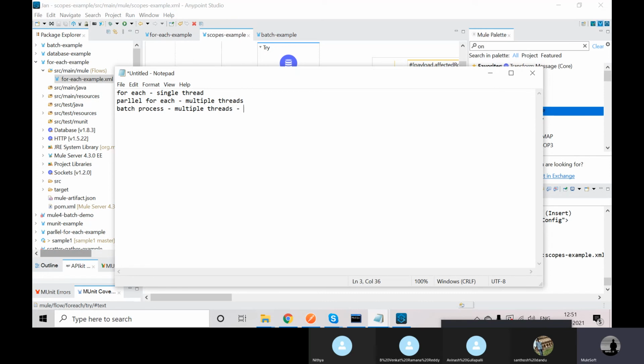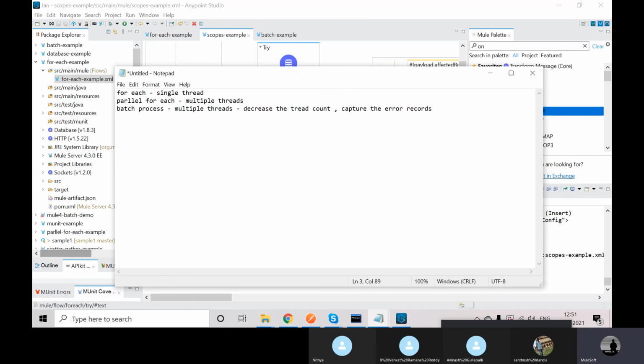But here we can process batch wise, so that we can increase our performance and decrease the thread count, and also we can capture the error records in the batch step.